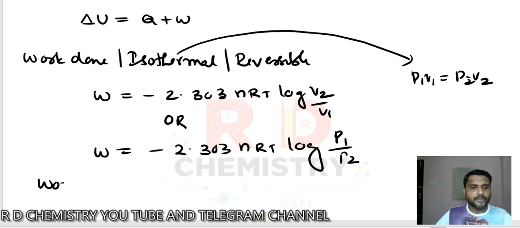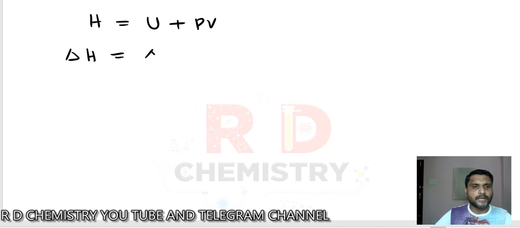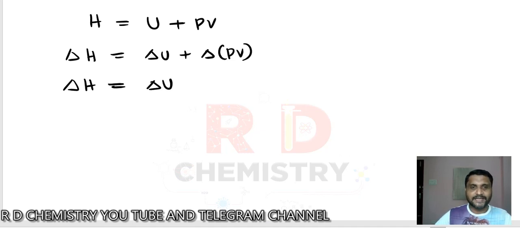Same thing we have for work done during an irreversible process. That is, W is equal to minus P external, the external pressure, times the difference in the volume, V2 minus V1, during compression or expansion. Then you have enthalpy, H is equal to U plus PV. Or delta H is equal to delta U plus the change in PV work. Or, in another variation, delta H is equal to delta U, the internal energy, plus PV is equal to RT, correct?